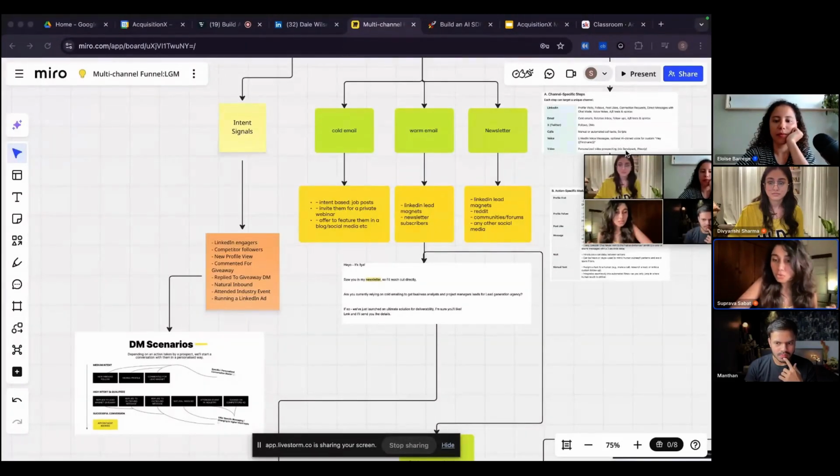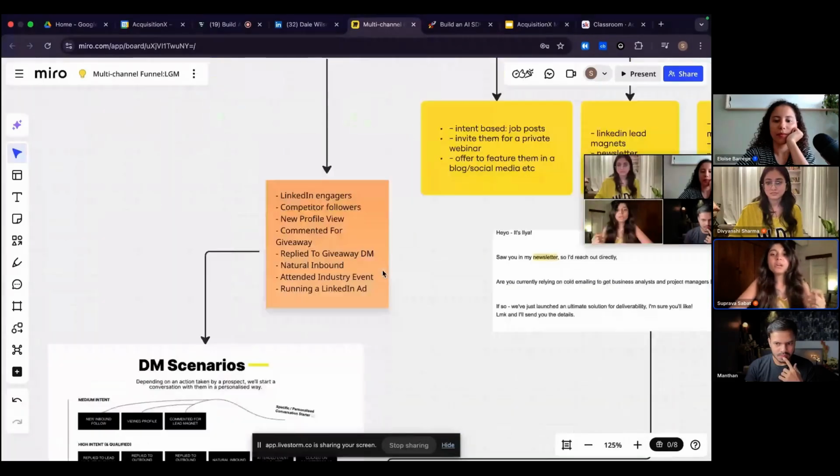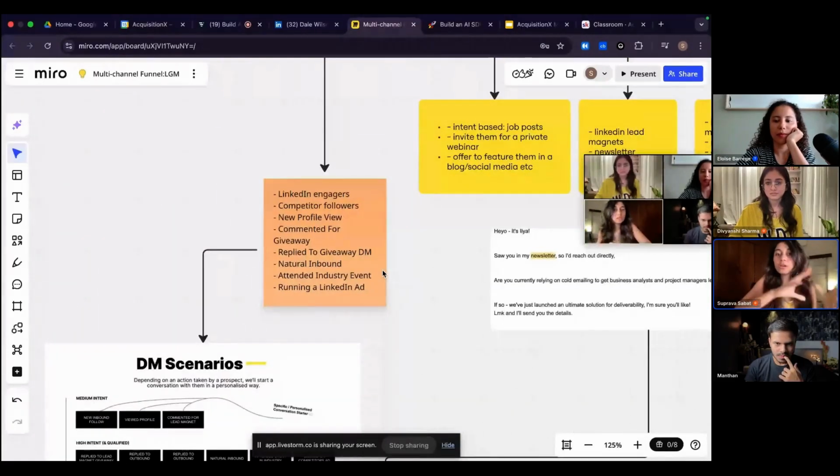So I'm just going to zoom in so that you can see my screen pretty easily. Now, when it comes to intent signals, here are a few things that actually show you that they are interested in buying your product, because if they're not interested, they're not going to buy, right?